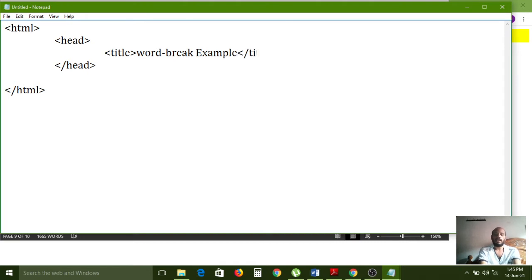Now I am closing the title here, and the body tag, body closing tag. Here the h1 tag, h1 open and h1 closing.